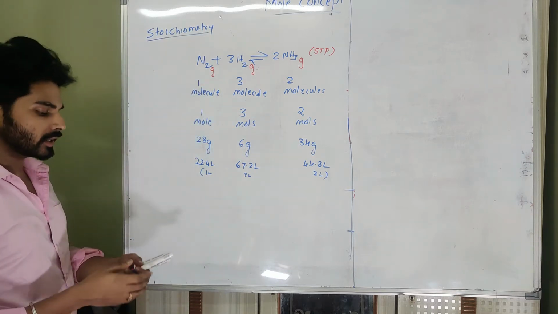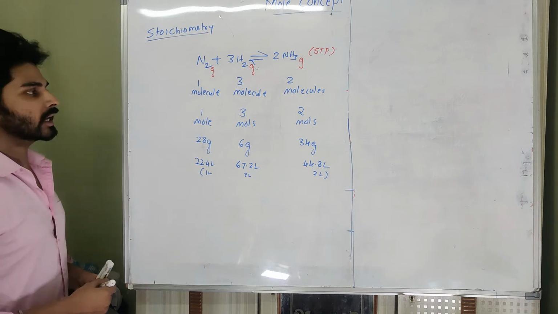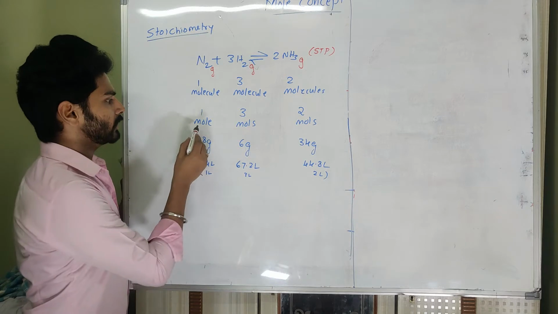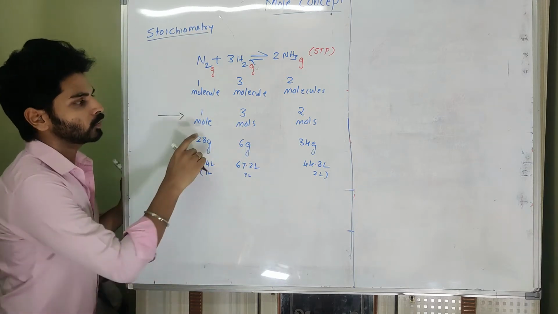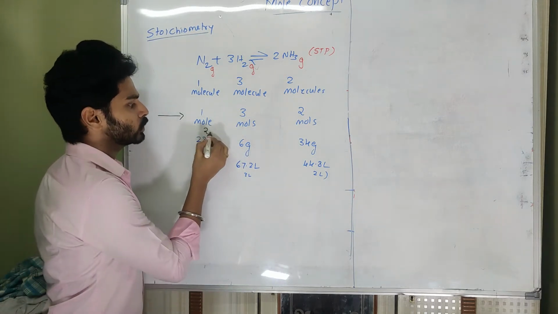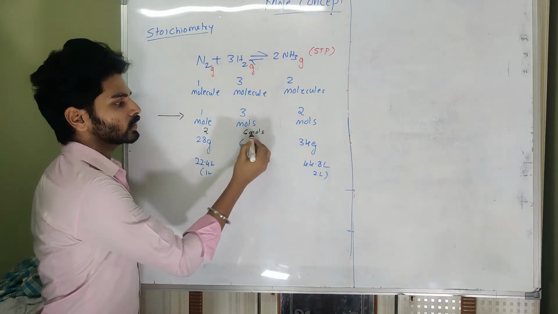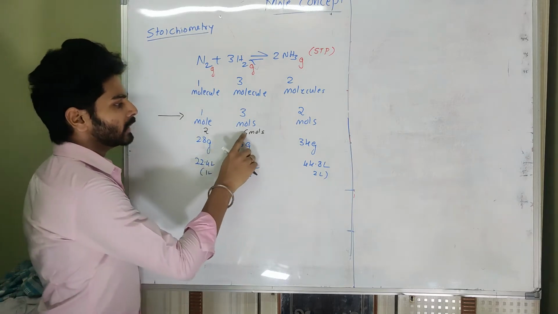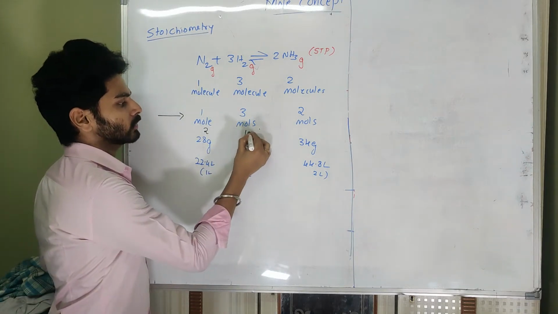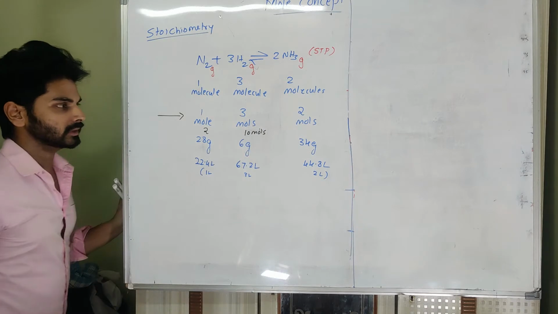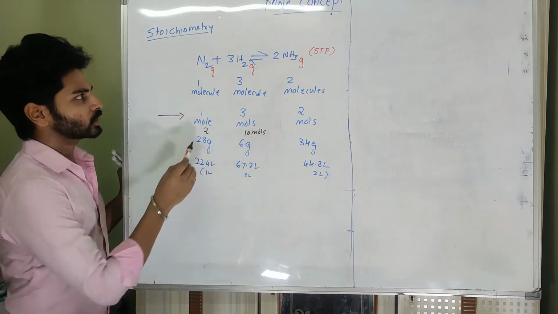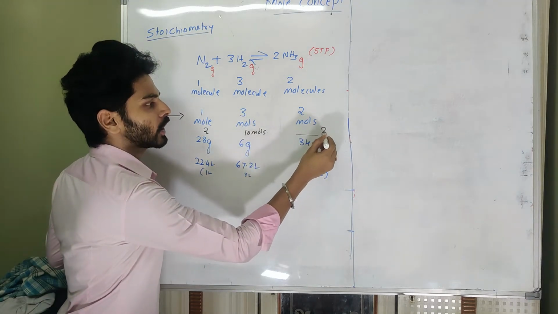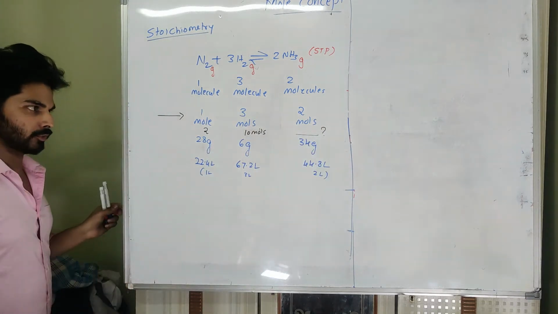So if it is not given in this amount, let us assume I'm going with, let us say, 1 mole. So 1 mole needs 3 moles. Definitely 2 moles need 6 moles. It goes in that direction. The minimum ratio is 1:3. But if it is given, let us say, 10 moles. Now what happens? If the question is like 2 moles of nitrogen reacts with 10 moles of hydrogen, and we are asked to calculate how many moles of ammonia are going to form.